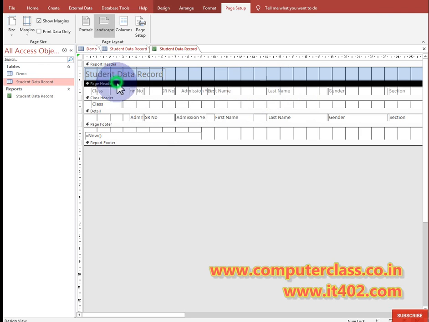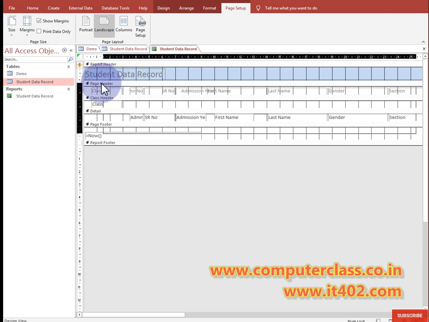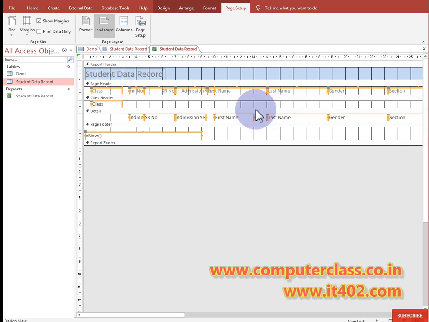First you need to select all these options from top to bottom or bottom to top, then you can do it at once, or you can do it separately like that. When it converts into an arrow, then it will work like that. Here is the admission number and here is the first name, so you can arrange them like that.